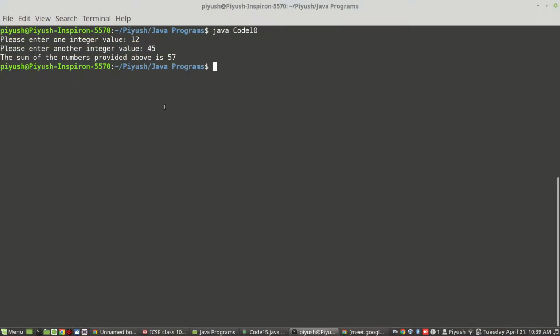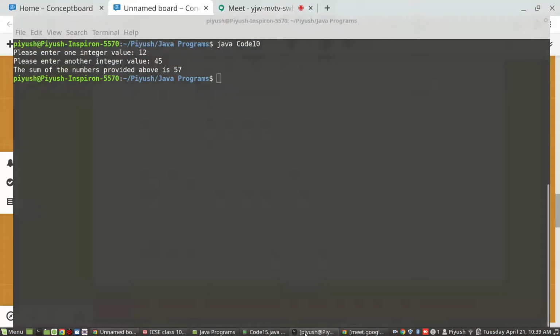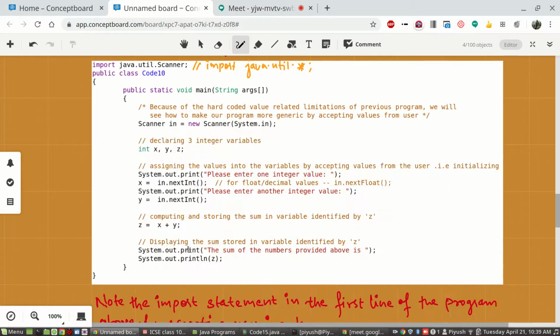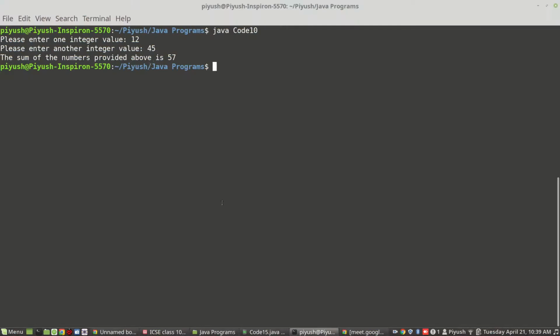So therefore, first the sum of the numbers appeared. We are using two separate prints here, but it is displaying y in only one line, because this is print, this is print ln. After printing this, the line won't be changed, and whatever the next print prints will continue here only. So you can see that after 57 is displayed, the line is changed, because the next statement is print ln.